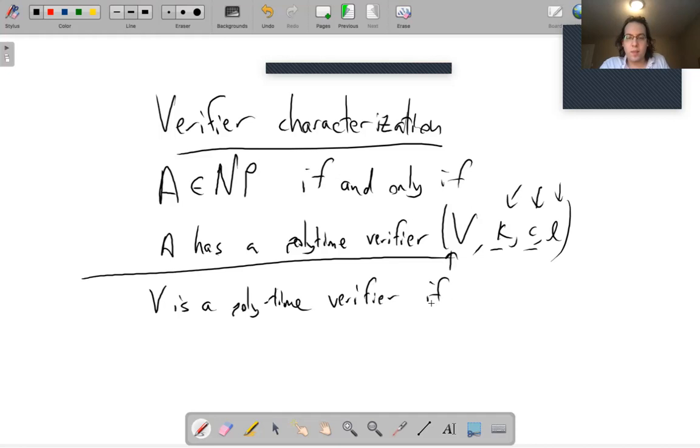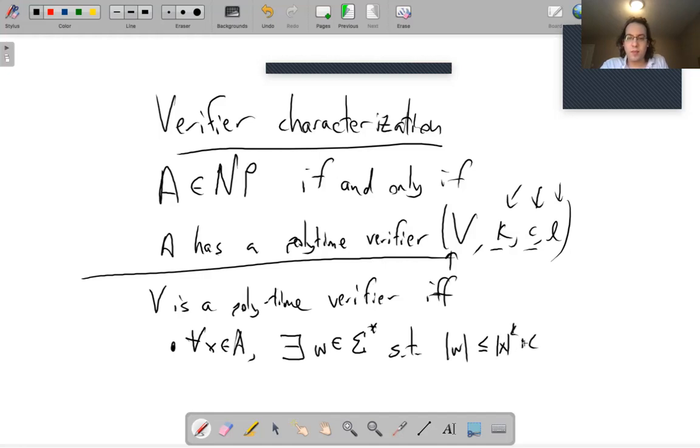So V, if it satisfies the following conditions. Again, this is an "if it satisfies the following condition." Basically, for all x in A, we want there to exist a string W, called a witness. There should exist a witness W in sigma star, which can be any string, such that the length of W is at most the length of x to the k plus c. So basically, it's polynomial in the length of x, and